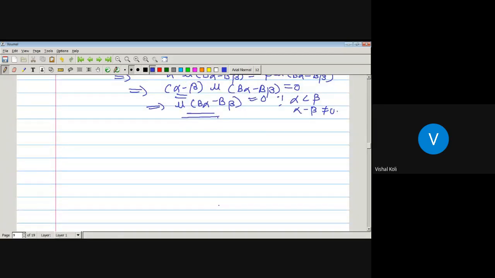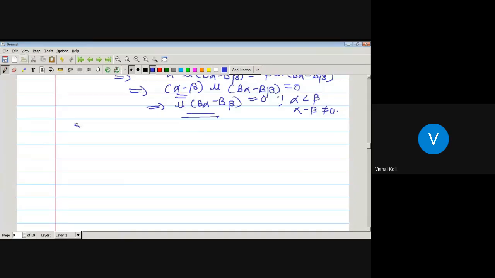And in the previous lecture we have proved one lemma: if (X, curly B) is a finite or sigma-finite measure space, and D is a dense set of real numbers, then for each alpha, with a set B alpha belonging to curly B such that the measure of (B alpha minus B beta) is equal to 0 whenever alpha is less than beta, then there exists a unique extended real valued function f such that f is less than or equal to alpha on B alpha, and f is greater than or equal to alpha on B alpha complement, that is A alpha. Okay, so now by that previous lemma,